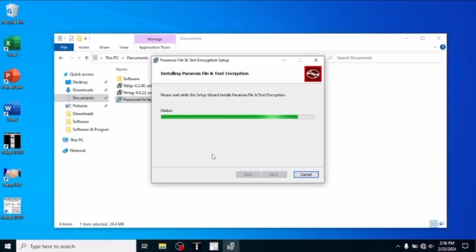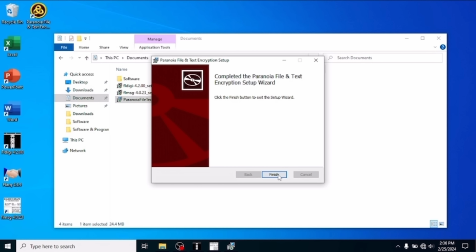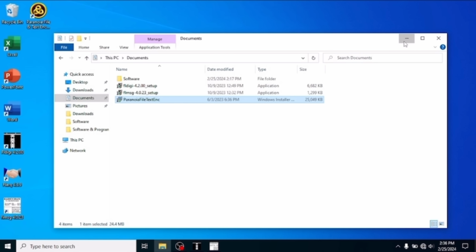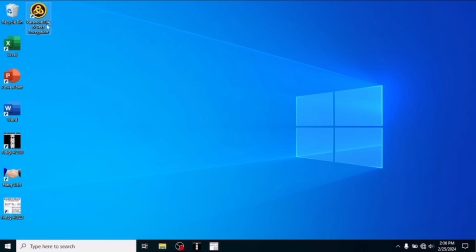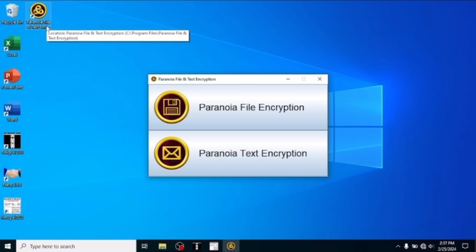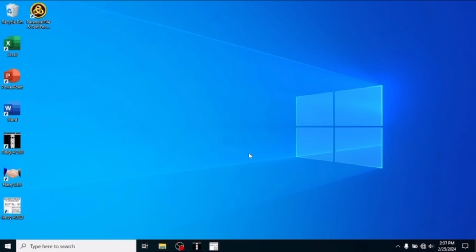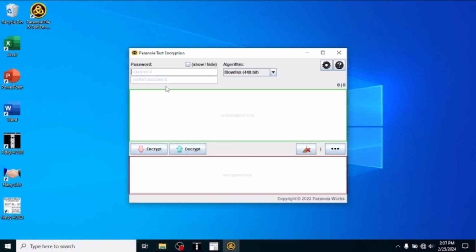Now, even though this software is extremely basic, it is extremely powerful in the same sense when it comes to encrypting basic text. It also has the ability to encrypt certain files, but for the simplicity's sake of this demonstration, once we open this, we're just going to select the Paranoia Text Encryptor, but just know that you can do files as well. So the way that this works is that I have the ability to select the type of encryption that I want to encrypt my message in. As a default, I would suggest you use AES-256, and then all you have to do is type in a password